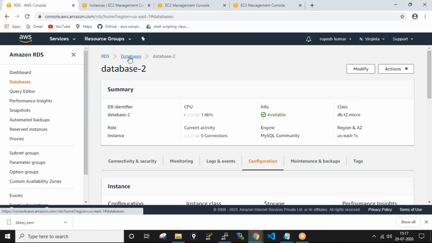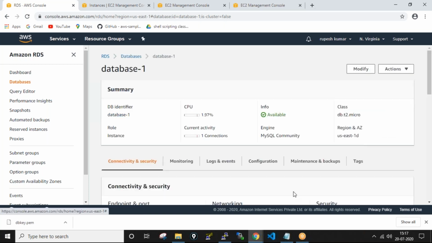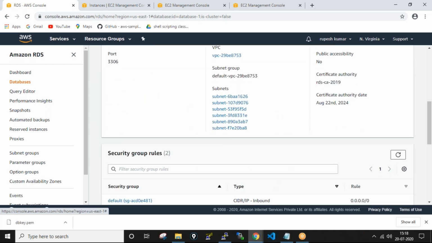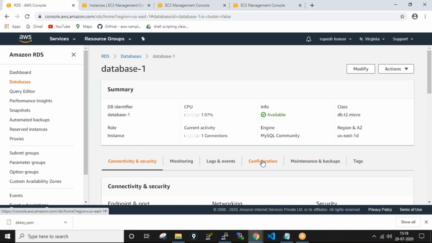So this is databases and database one. For database name, you can go with this one.